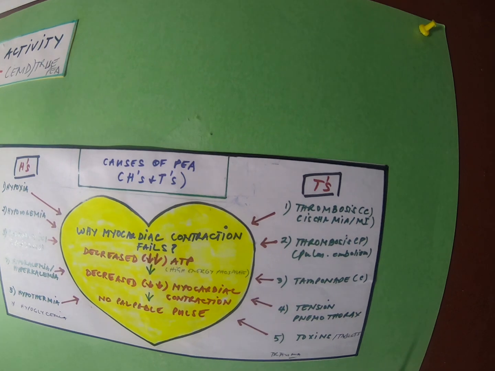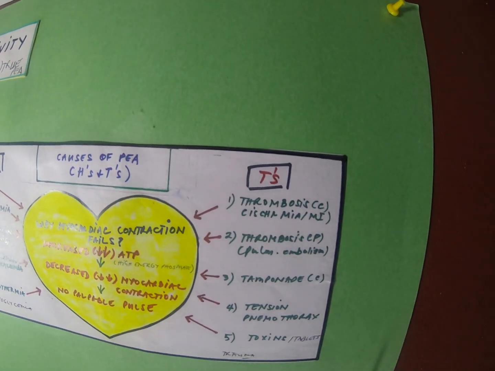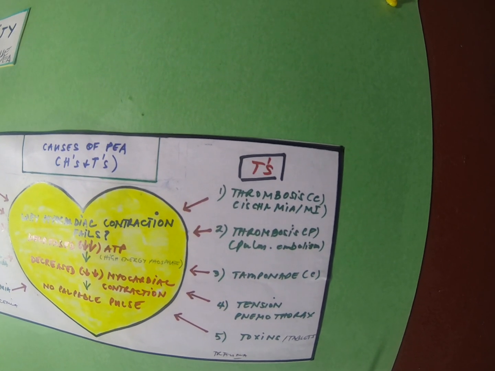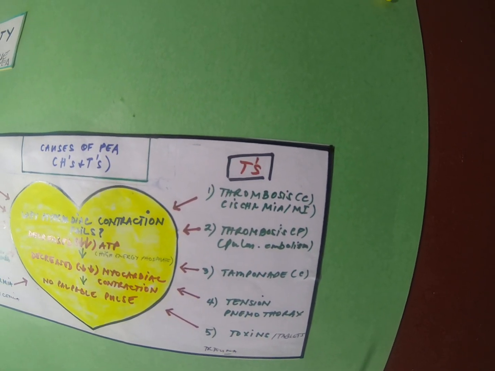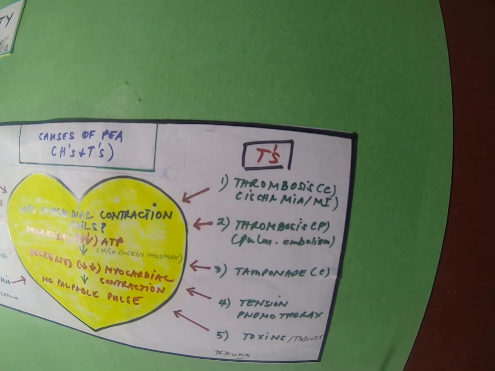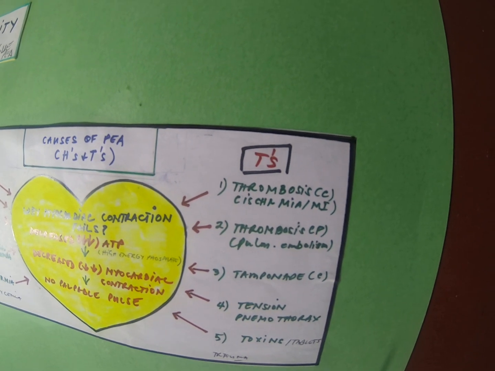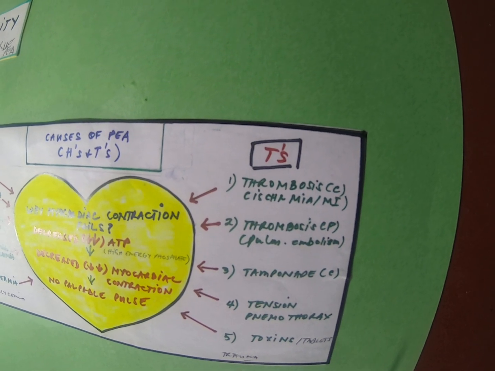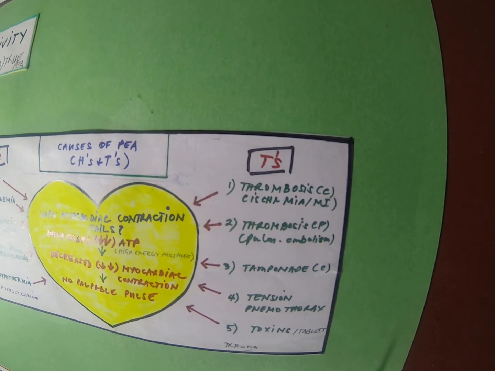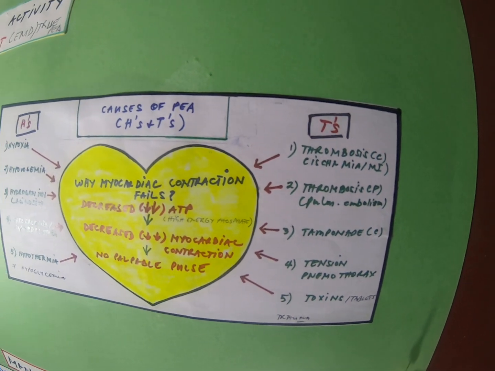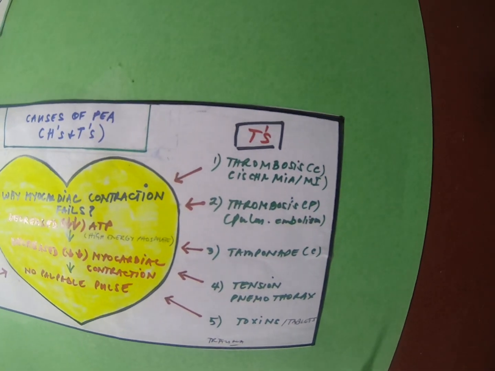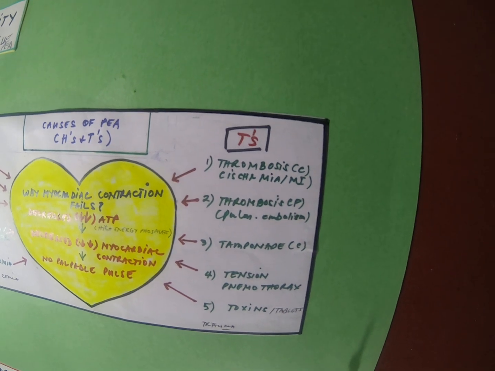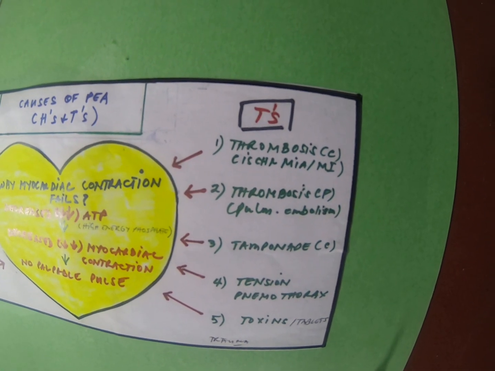On the T side, we have cardiac thrombosis, like acute ischemia or myocardial infarction. When they go to the cath lab, they find a clot sitting on top of the plaque, totally covering or occupying the whole lumen of the coronary artery. Then there is the pulmonary embolism, a big clot sitting in the pulmonary artery, and that affects the supply going to